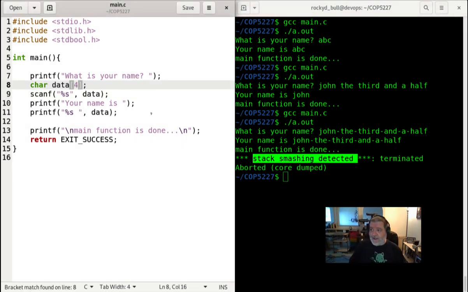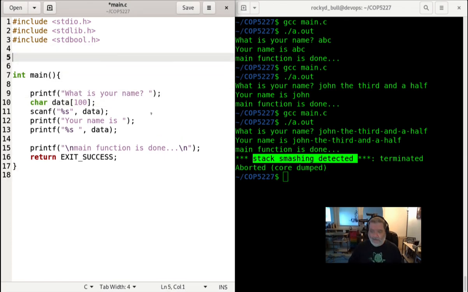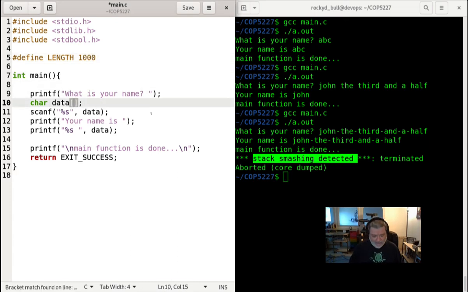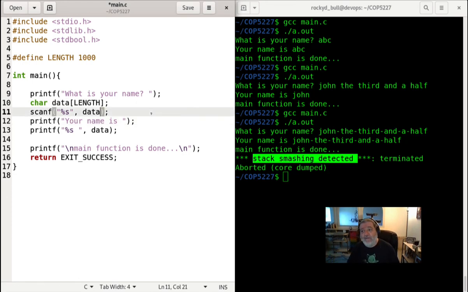First solution that I have, we are going to refer to those kind of arrays as buffers, right? They are meant to store some data. Make it arbitrarily large. Okay, so I'm going to use the trick that I learned last video. Pound define LENGTH. The length is going to be, let's go nuts, 1,000 characters. So I'm making it super large so that hopefully I can accommodate whatever the user is typing, right? If I do this, let's save,